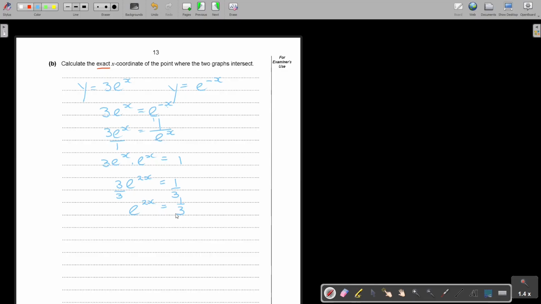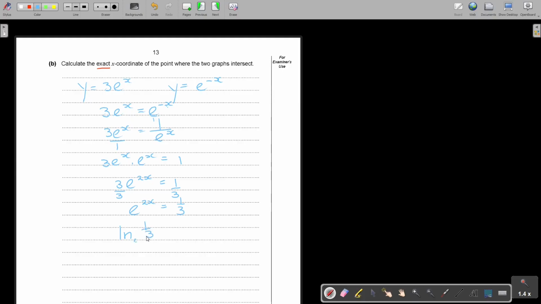Okay, but now I'm looking for x. So now, to make x the subject of the formula, let's go from index notation to log or ln. Remember, the base is e, so it's ln. So let's just make ln. Remember, the base is e. You don't have to write it.